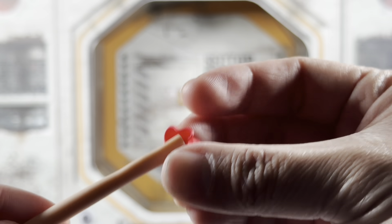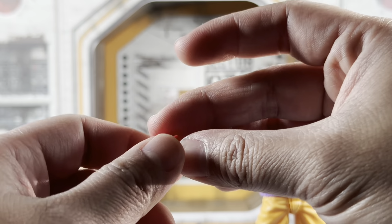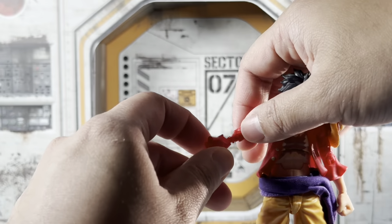Make sure this actually is the one that matches up. So you would then slide on here. I think this is the right one. If not, I have to get the other one. Then it would plug right in. And then you go. You can have Luffy go, gum gum pistol! So here. Go ahead and pose them out. Here you go, gum gum pistol! I mean, it's more like that. Yeah, it's a very nice piece. It's a very long piece, but